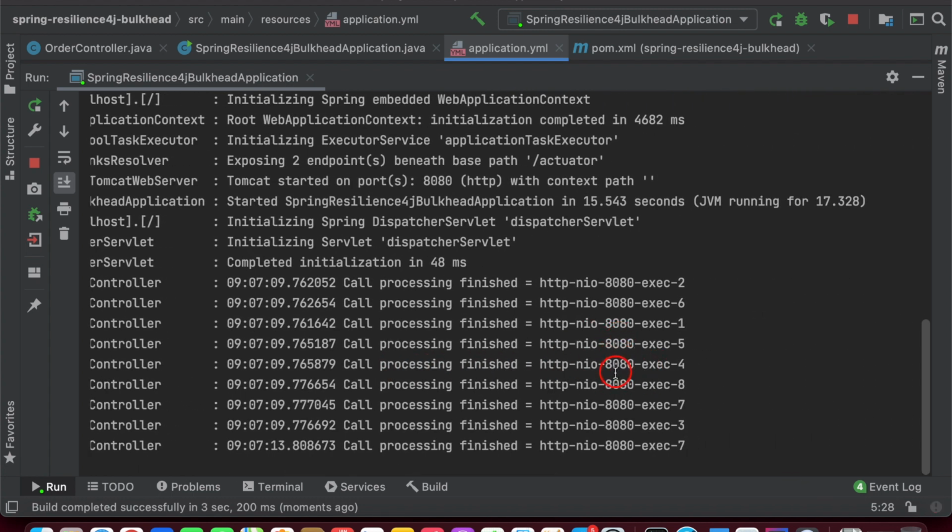See, it's calling this item service successfully without any exception, because the thread pool size and queue size are not full, that is the reason it does not throw any exception. So this is how it works, guys.